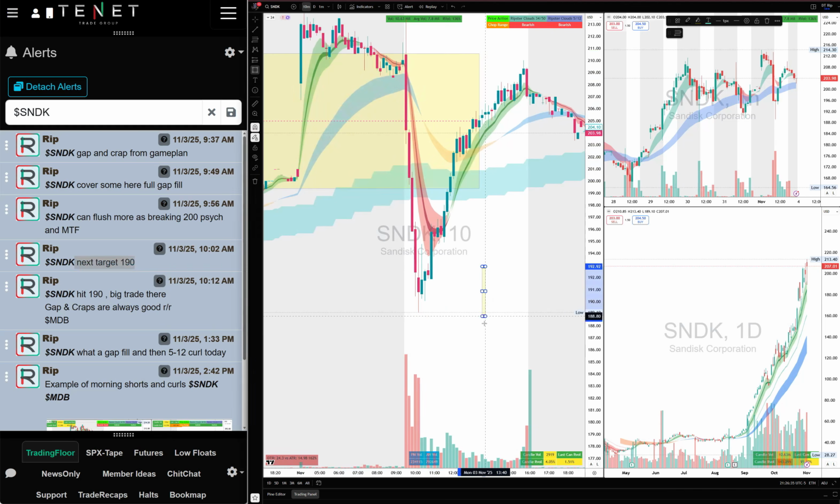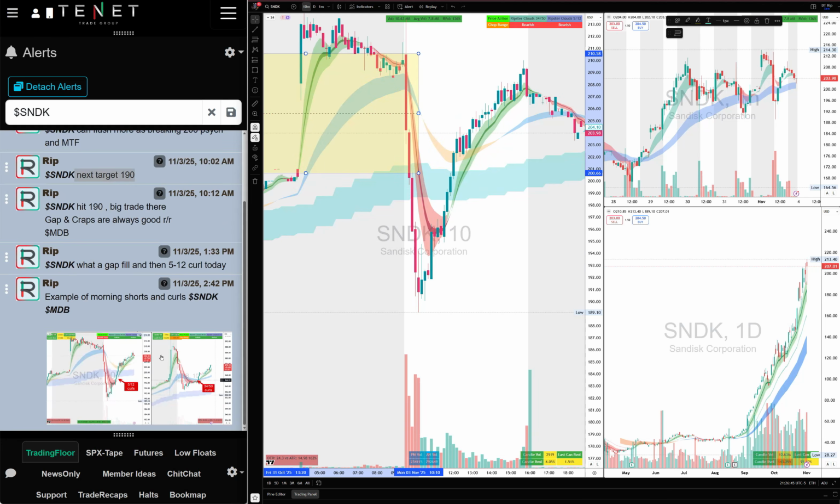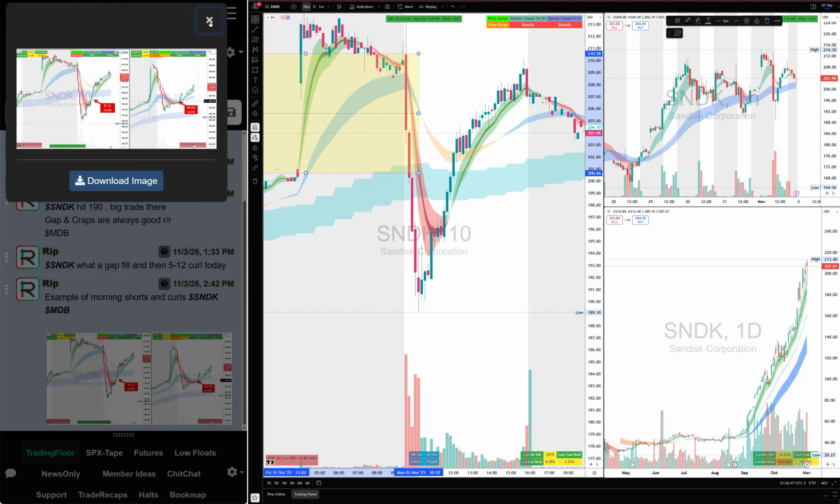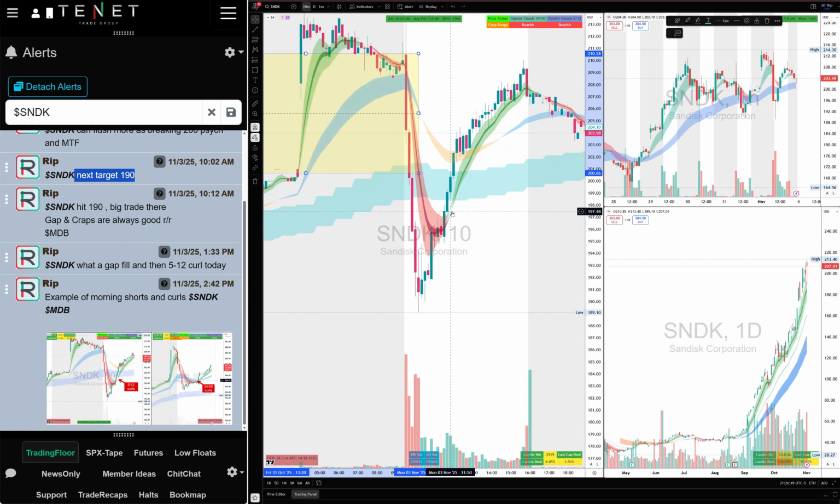And now once the gap and crap setup plays out, this is where you close. This was a 512 call. This is where you close your shorts, and of course you can buy the 512 calls. If you see that on SNDK, and my traders already know that, they are already taking those 512 calls and taking it all the way up. From that 512 call, it ran all the way to 209 for a beautiful curl setup. Of course we shorted it once, and then SNDK provided us a curl setup as well. So learn these two setups, gap and crap, and then 512 calls.